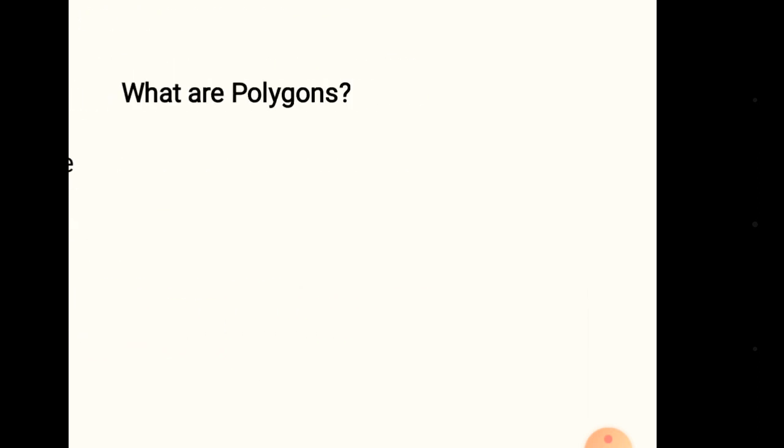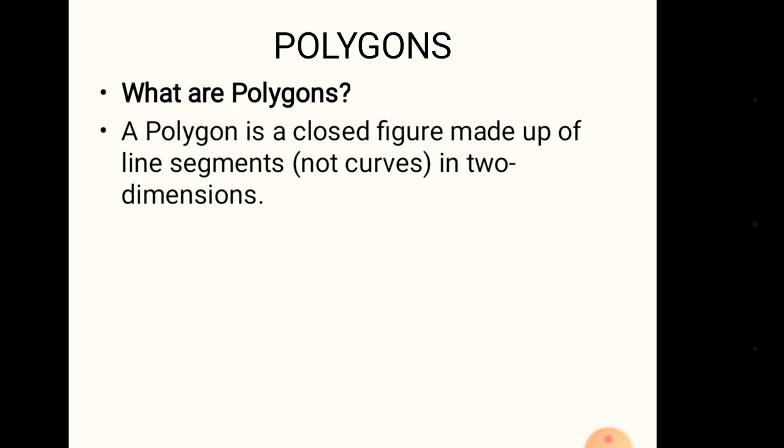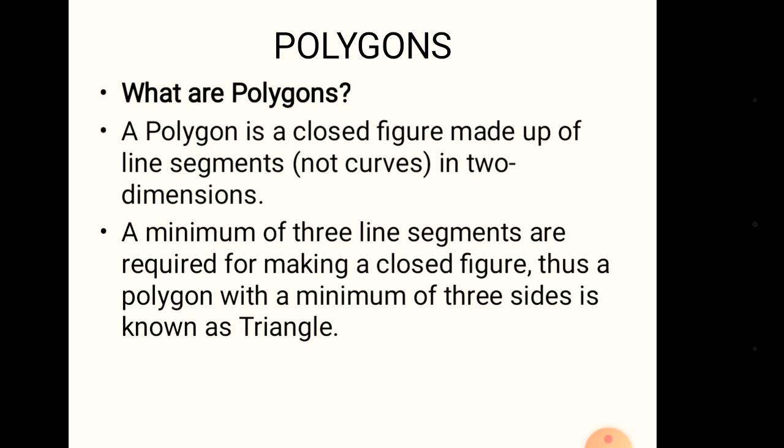Now we will talk about polygons. We have seen curves and types of curves. Now moving ahead to polygons. A polygon is a closed figure made up of line segments in two dimensions. The figures which are made up of only straight line segments, and should not have any curve or bent part, are called polygons. A minimum of 3 line segments are required for making a closed figure. Thus, a polygon with a minimum of 3 sides is known as a